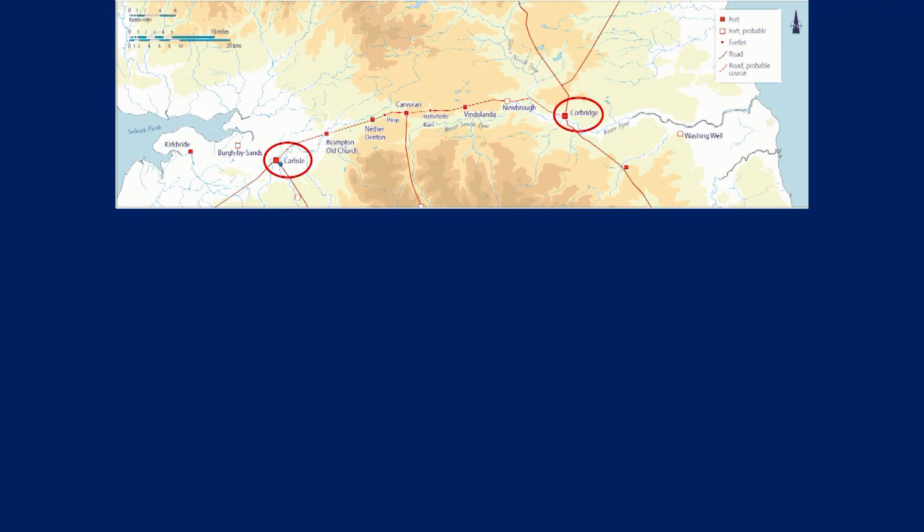When the wall was first planned, there was in existence a line of forts in the main river valleys of the Tyne-Solway Isthmus, linked by a road known as the Stanegate. The road ran from Corbridge, then the lowest crossing point of the Tyne, to Carlisle, similarly placed on the Eden. Along this road lay a series of forts, seemingly all established in the late 1st century. Corbridge, as you can see, marked, Vindolanda,